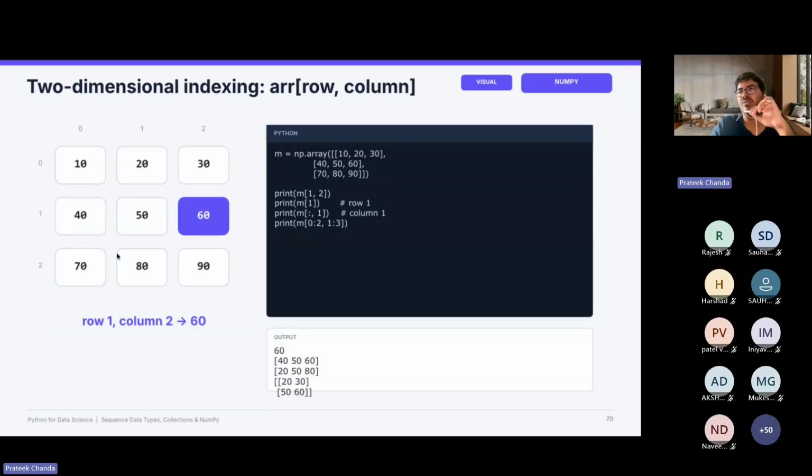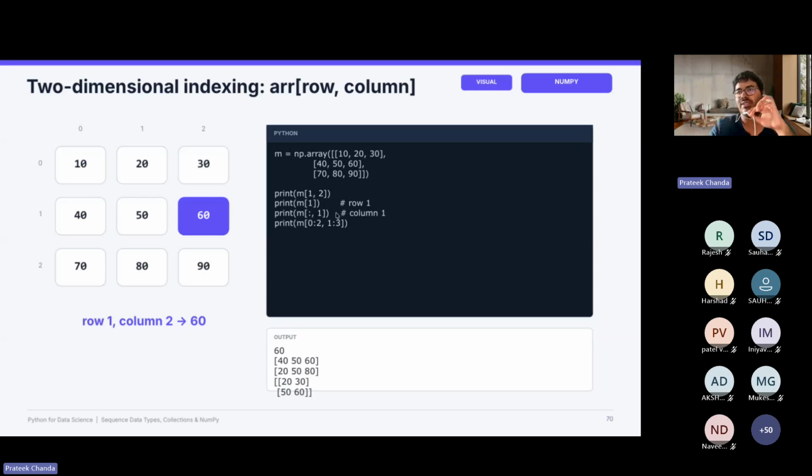Again, you can do this in two-dimensional settings also. In two dimensions, instead of having only a single index, you now have two indices, because you have a row index and a column index. Given this array, you can retrieve specific elements via giving the row ID and the column ID. If you just give a single number here, it would give you the corresponding row.